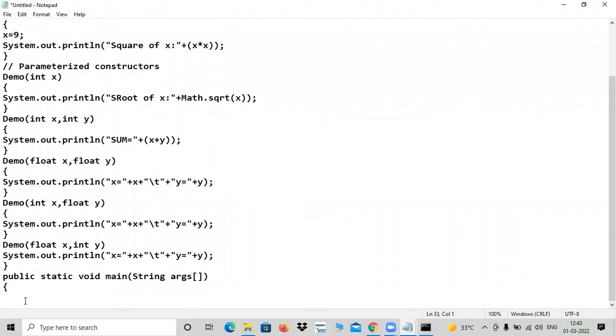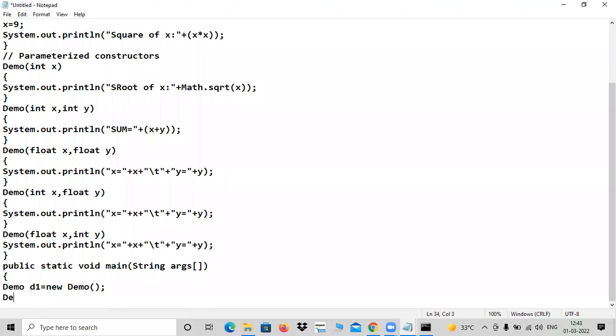So you have to create 6 different objects to call all these constructors. Mandatory. d1 is equal to new Demo. See how many objects I am creating. See here, d2 is equal to new Demo. Within brackets I am passing 4,